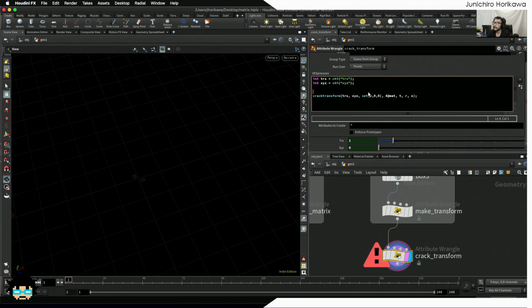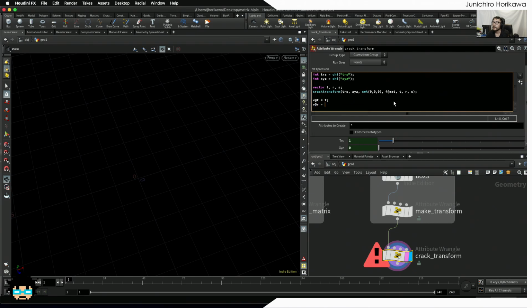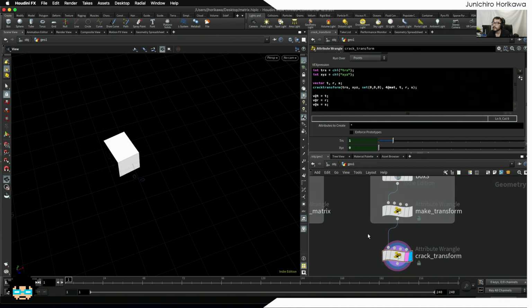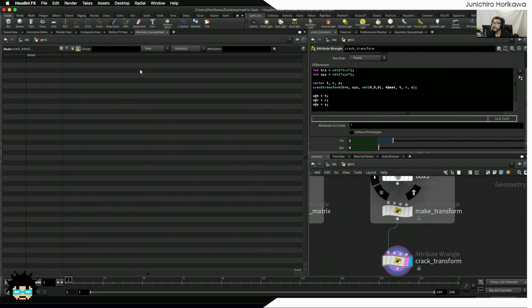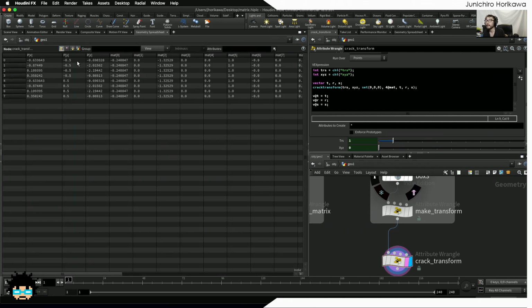Now I don't have these tr and s yet, so let's create those as well as an empty vector. So tr, s. Alright, now let's have all these values being applied to the attribute by creating a t for the t, r for the r, and s for the s. Okay, now let's go see the geometry spreadsheet for the point, and let's first look at the